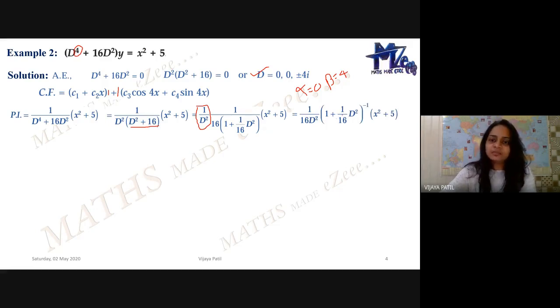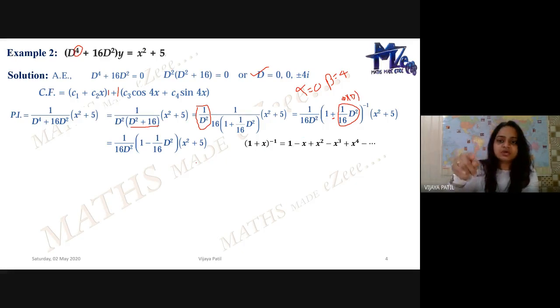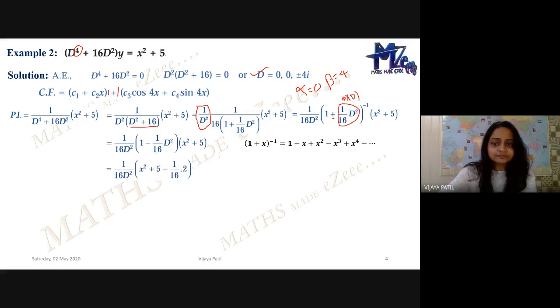Now we have got 1 plus 1 by 16 D squared in the denominator, so it comes to the numerator with minus 1 as the inverse. Then we will use this because it's a plus over here, and this is what is our x, or you can say phi of D, from the formula 1 plus x. So I have to just put a minus, because it's a plus over here. We are not including more terms because x squared is the highest power of x, so we will not consider D cubed terms, because D cubed of x squared will obviously give 0.